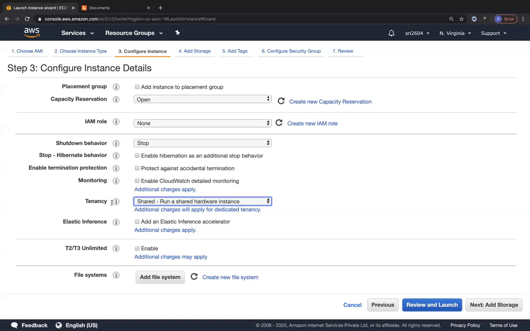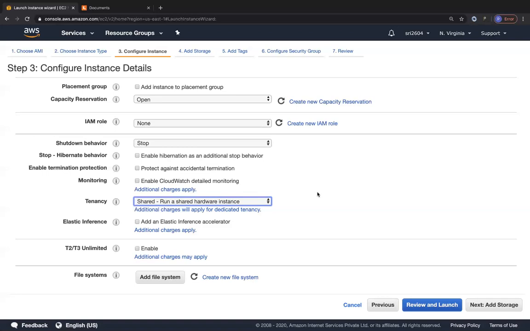So suppose the capacity of the dedicated host is around 52 virtual CPUs and so on, then you are tied to that maximum capacity for the multiple EC2 instances, or the virtual machines, that you launch onto that dedicated host. Okay, so I just wanted to walk you through this particular setting.